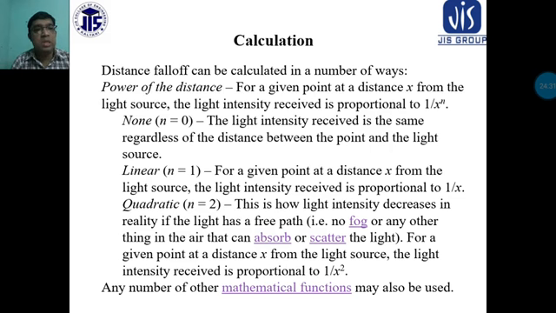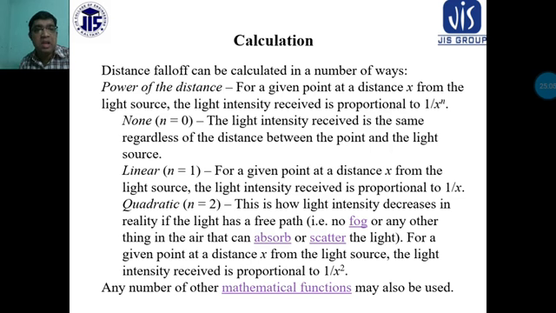Now n equals 0: the light intensity received is the same regardless of the distance between the points and the light source. For the linear case, n equals 1, for a given point at a distance x from the light source, the light intensity received is proportional to 1 by x. The quadratic case is here, n equals 2. This is how light intensity